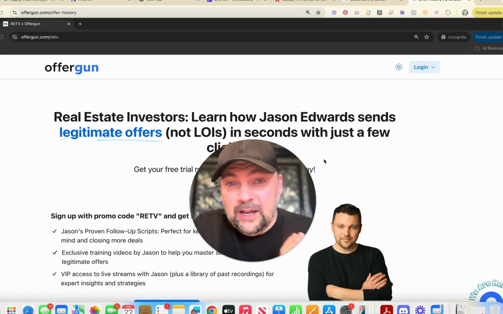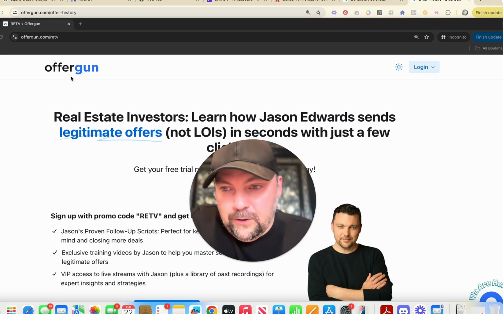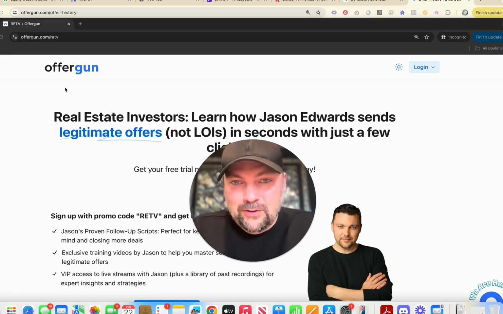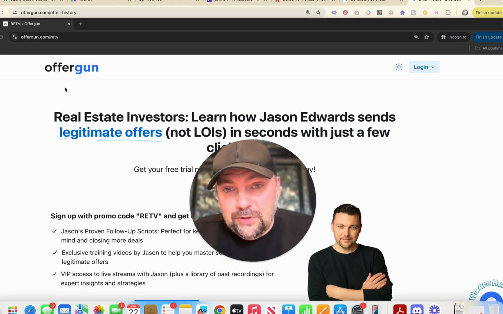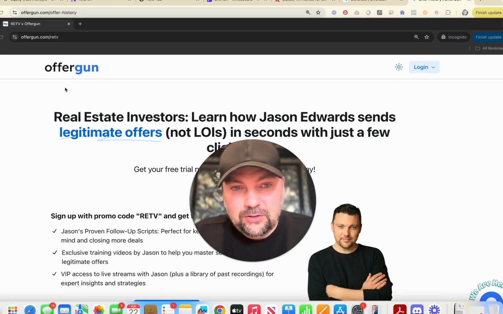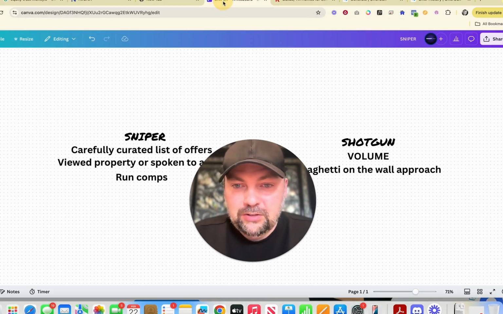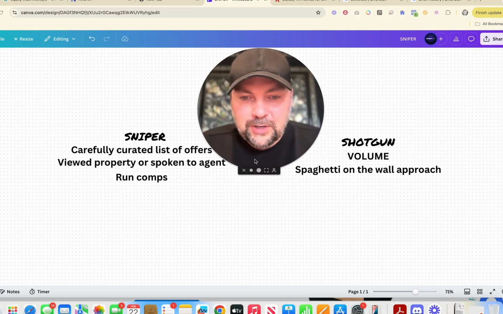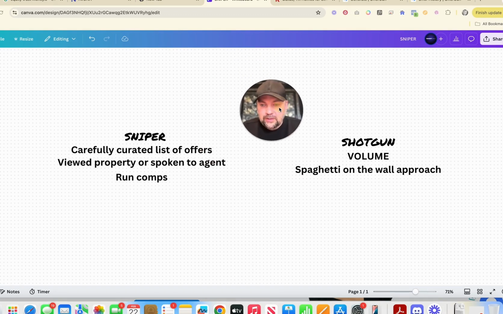But basically, this software is called OfferGun. And just like the name sounds, it basically allows you to shoot out a bunch of offers. You can do it in a couple different ways, and I'll show you how easy it is to do in just a second. But basically, the two big models are the sniper approach